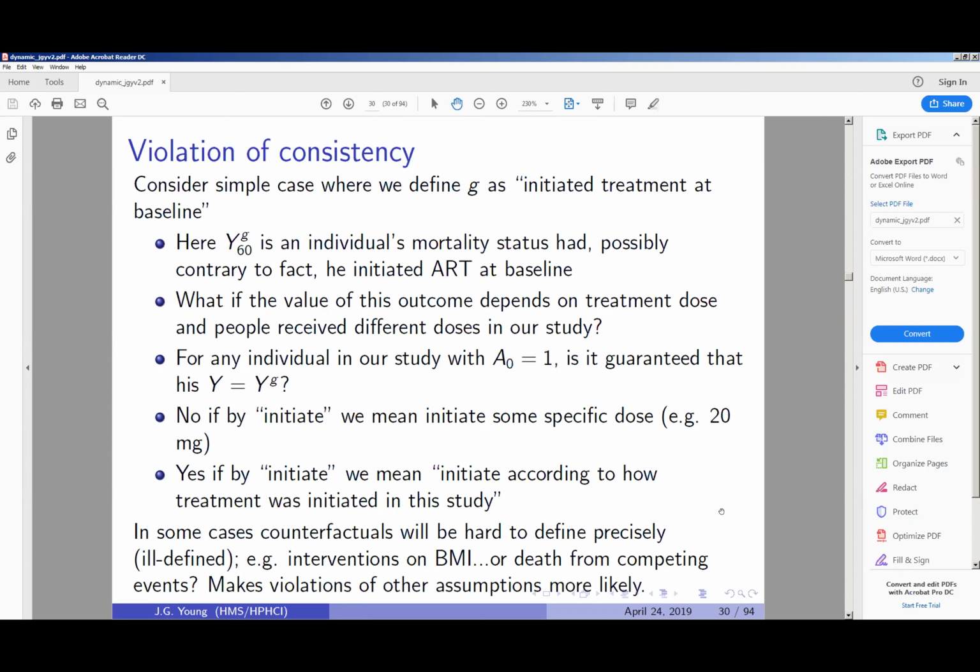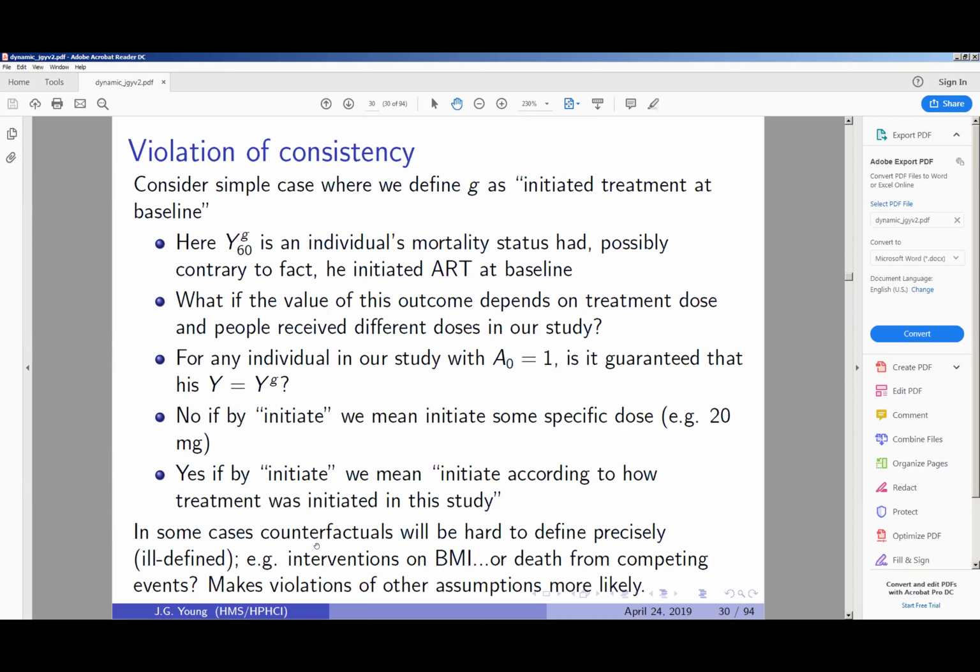Now, you might say to yourself, this seems a little bit intellectually not important, but it is for one reason, which I actually don't have on this slide. If you were to interpret the results of your study, even if all of your assumptions hold, and then you move to a new population and dosing has changed, then you could get a very different, or surprising, answer by not being clear about what you meant about dose with respect to initiation.